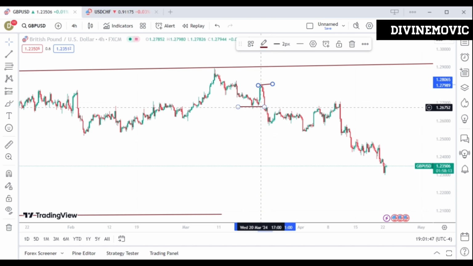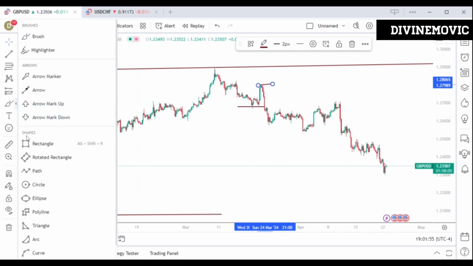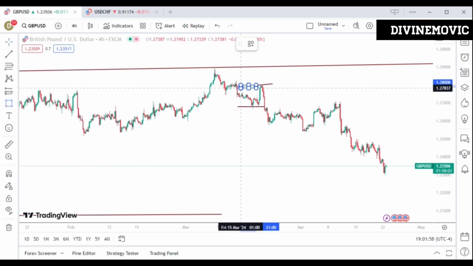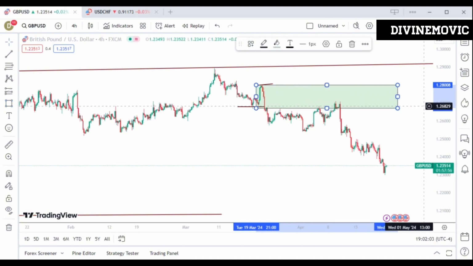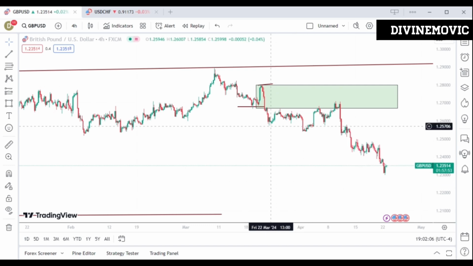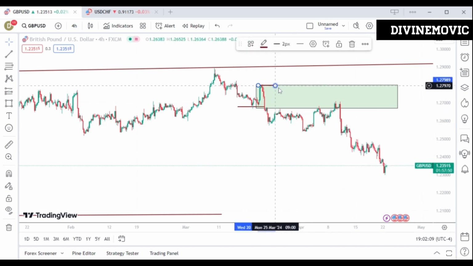So what do we do? We simply want to look for an entry around this area here. The point where price gave us a low after price touched the resistance key level, and the high that price gave us when price gave us this low. Is it confusing? I'm only saying that we want to look for an entry